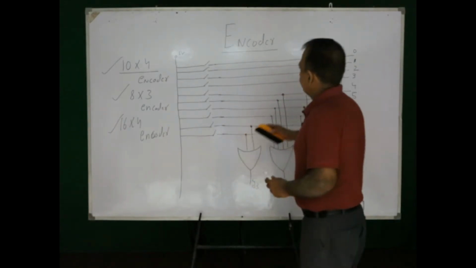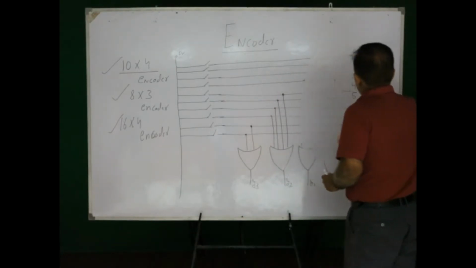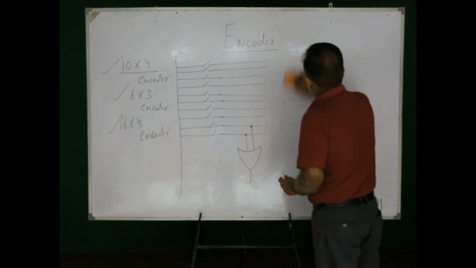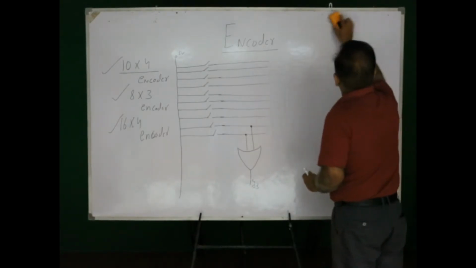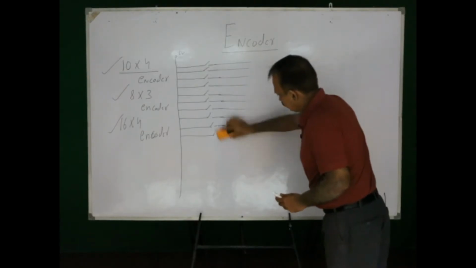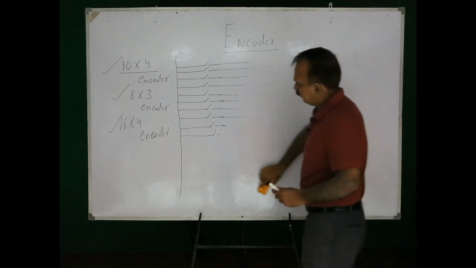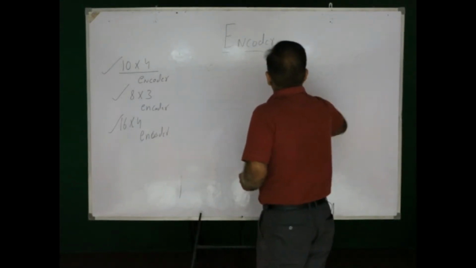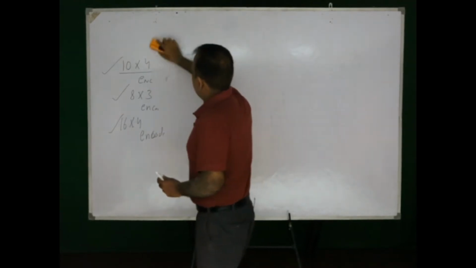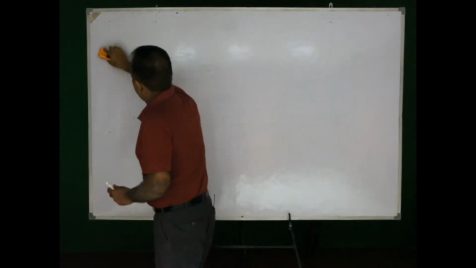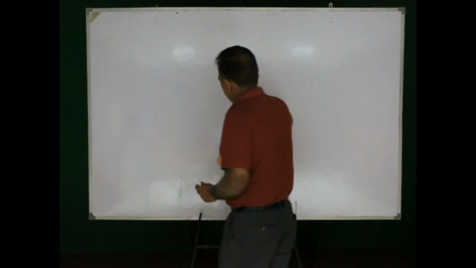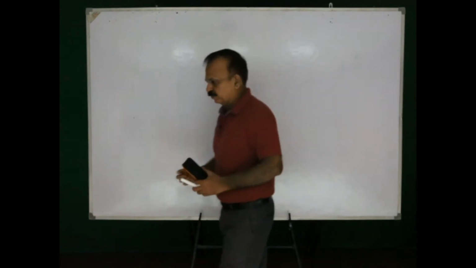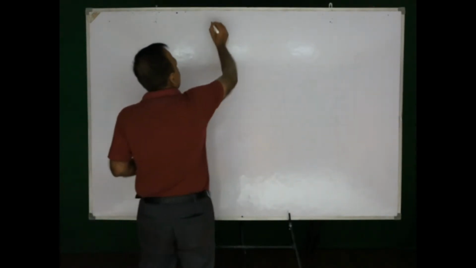What basically is a decoder? I hope the name is very clear, and it is the reverse of encoding. This process is a decoder. So, a decoder is a combinational circuit which is used to convert a binary number to a decimal number. So, we will be designing a circuit for this decoder, and that will be converting a binary number to a decimal number. Say it is a decoder.